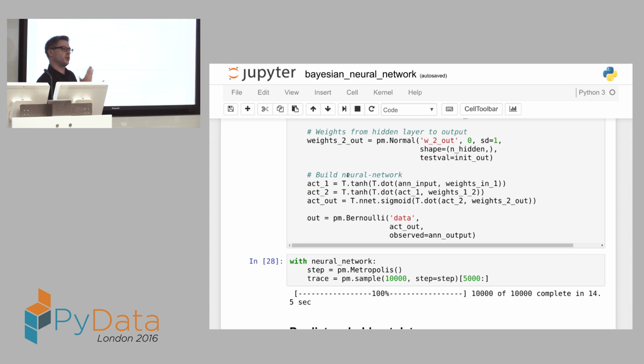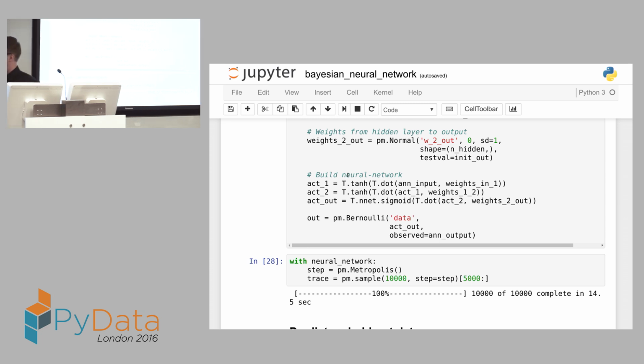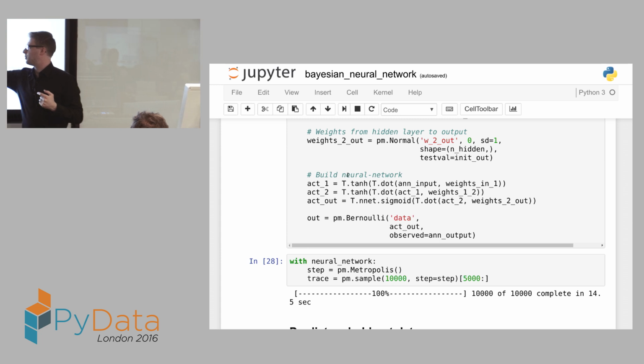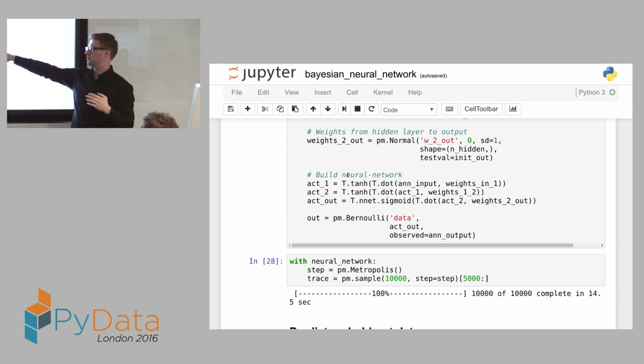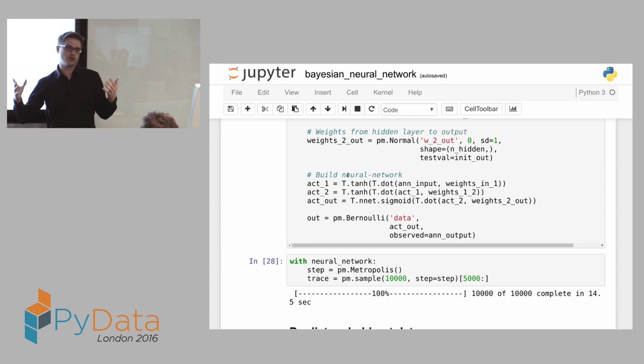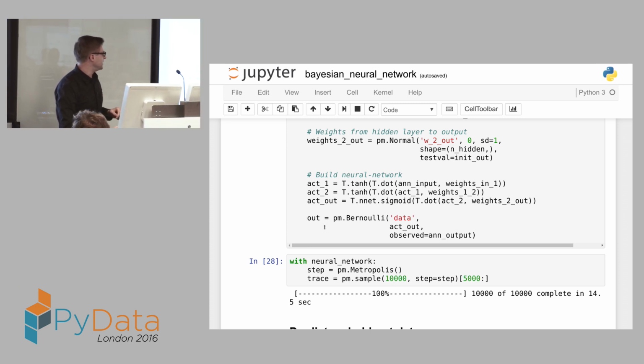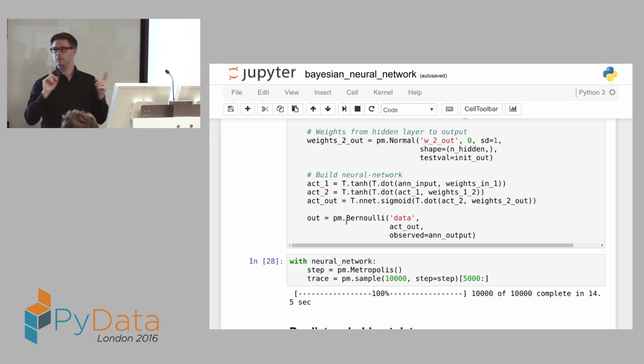That's the activation of the first layer. Then I just multiply that with the weights of the second layer. And then I compute the weights for the output just like that. So this is just like the boilerplate logic of a very simple neural network. OK. And then my data, in this case, is a Bernoulli. So that means it's binary with just zeros and ones. Those are the labels that I want to predict.